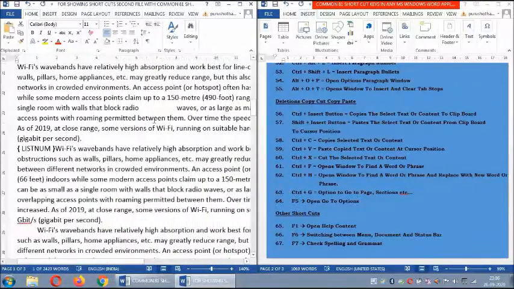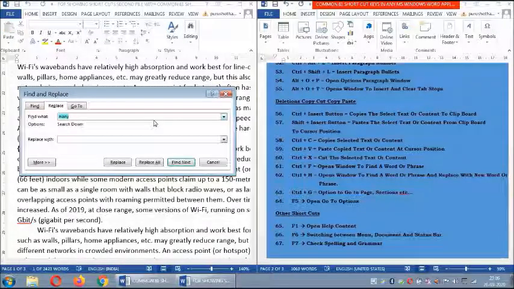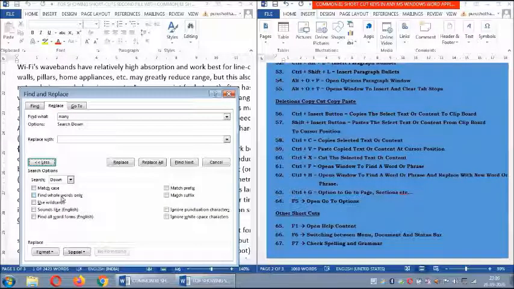Now Control H, I want to find and replace a particular word. So I use Control H. It is asking me to write a find word. It is case sensitive. You can set it as case sensitive with more options: find whole word only, or match case. Match case means whatever way we write the find word, uppercase or lowercase, that should be matched, and it is replaced from small letter to capital letter M A N Y.